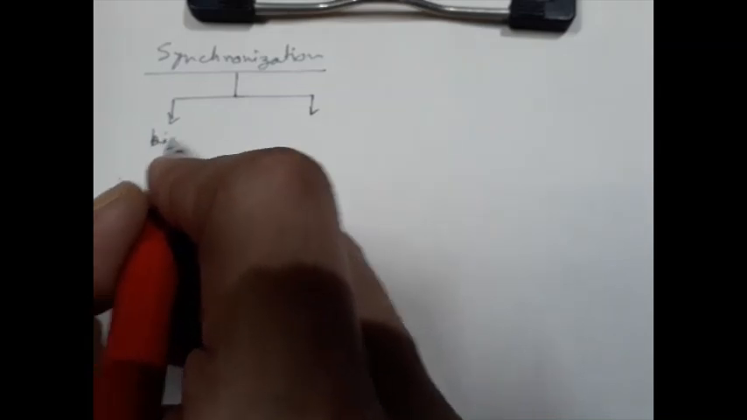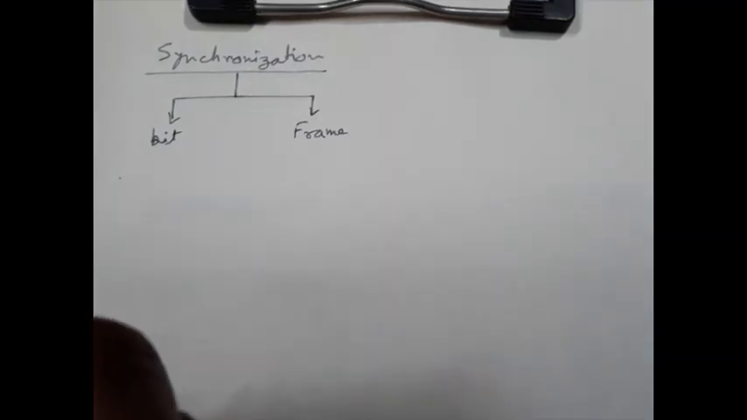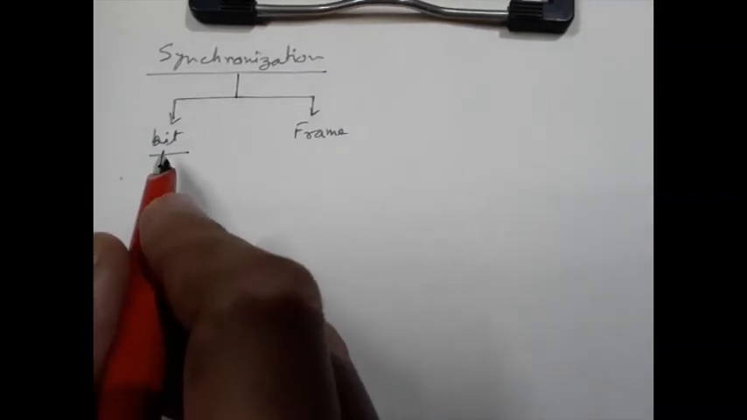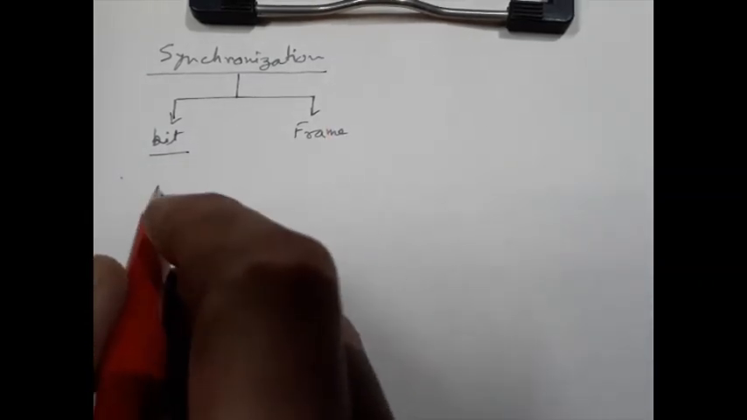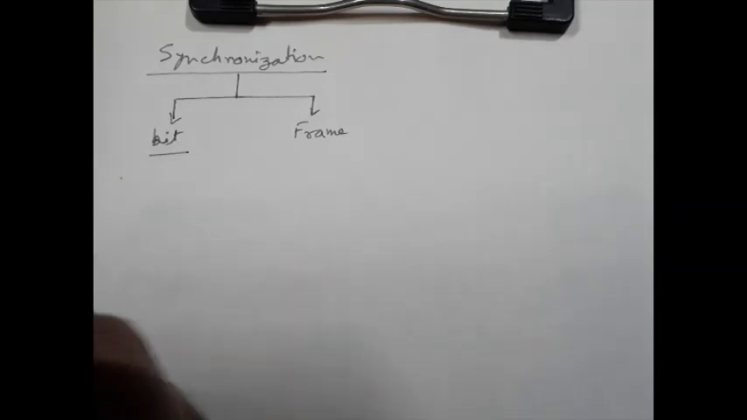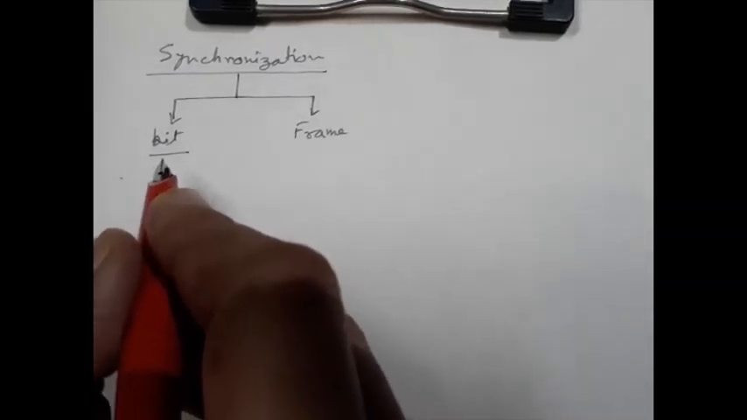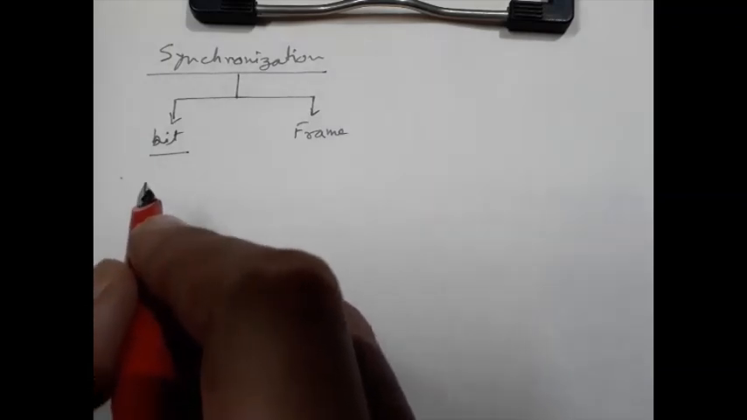One is the bit synchronization, another is the frame synchronization. So first we will consider the bit synchronization. Actually, the bit synchronizers extract the clock information from the data. This is the basic objective of bit synchronization, because at the receiver side we must sample the incoming signal,